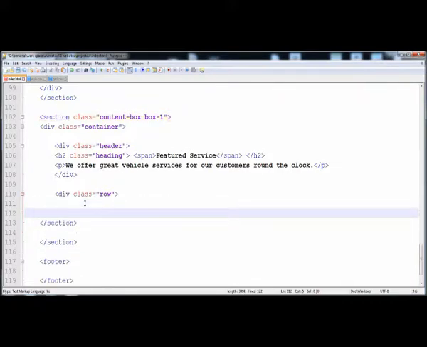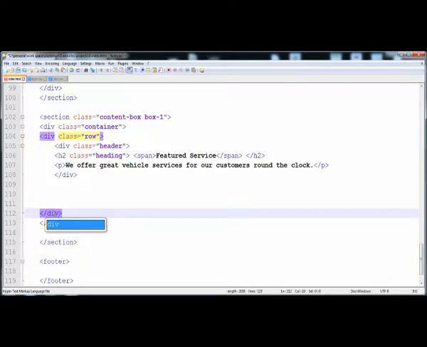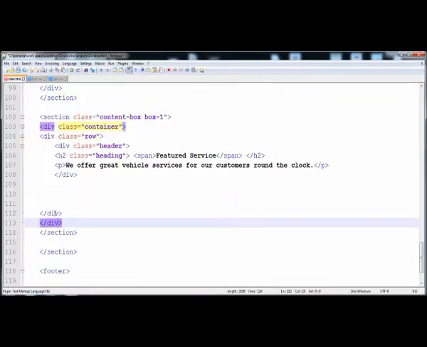And then after it, here I'm gonna remove this from here, and we have to put this header and the heading also in the div row. Here is the closing tag of the divs, and so all the closing tags are completed, and here we have to give it box 2, and here is the div container and row div, and here is the header, and here I'm gonna give a different text. Here is welcome,